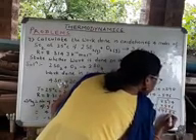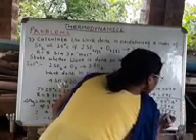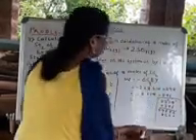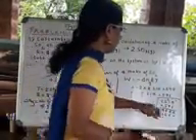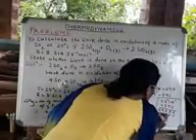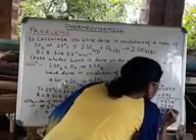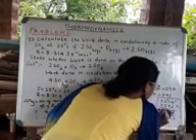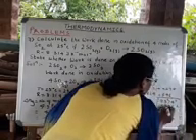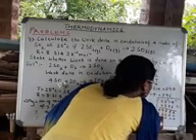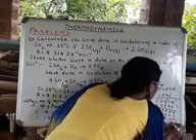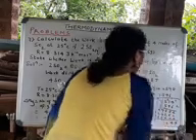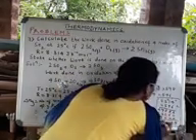Multiply: 9 4s are 36, 9 1s are 9, 10, 11, 12, 9 3s are 27, 28. Okay, 9 8s are 72. 5 9s... 5 4s are 20, 5 1s are 5, 6, 7, 5 3s are 15, 1 carry, 5 8s are 40, 41. This is 4, 14, 10, 11, 9, 10, 18, 19, 20, 25.